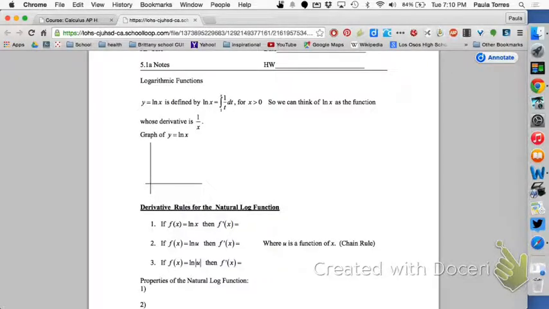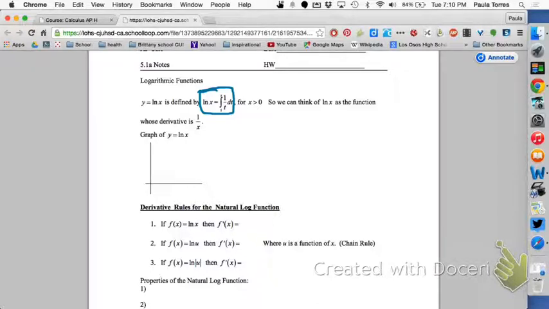Howdy, calculus. So in this chapter, we're going to look at log and exponential functions and learn how to do both derivatives and antiderivatives on them. So if I have natural log defined as the accumulation function from 1 to x of 1 over t,